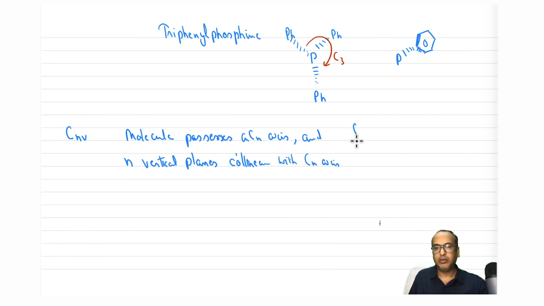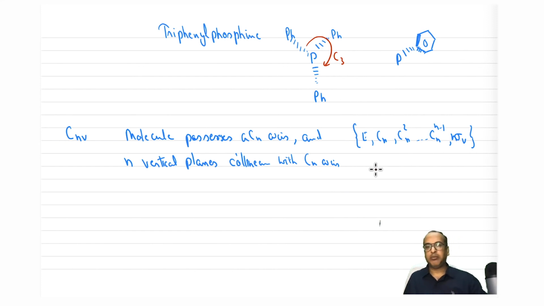So the operations will be E, Cn, Cn2, up to Cn^(n-1), and we should have n sigma v's. It can be sigma v1, sigma v2, and so on.